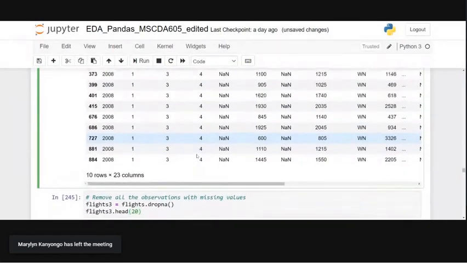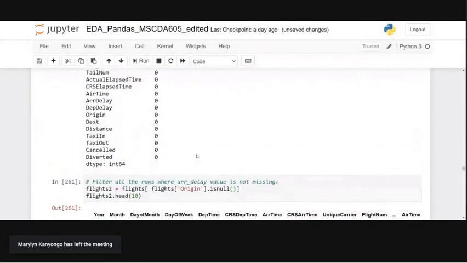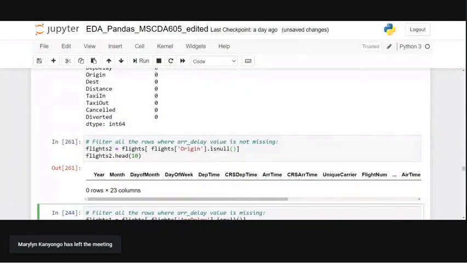Hi, John. Sorry, hi. So in other words, you filtered out using the one with the highest number of missing values? Not necessarily. What I was trying to prove is